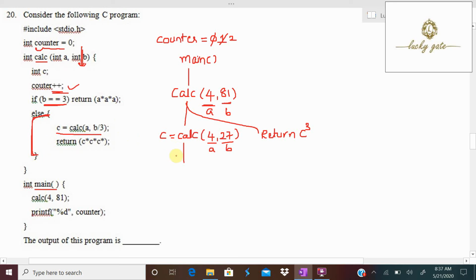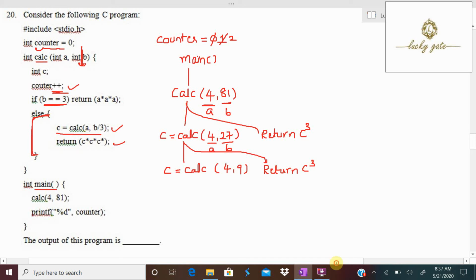The else part again has two statements: c equal to calc of a, that is 4, b by 3, 27 by 3, 9, and then it executes the return part. On return, c star c star c, that is c cube.